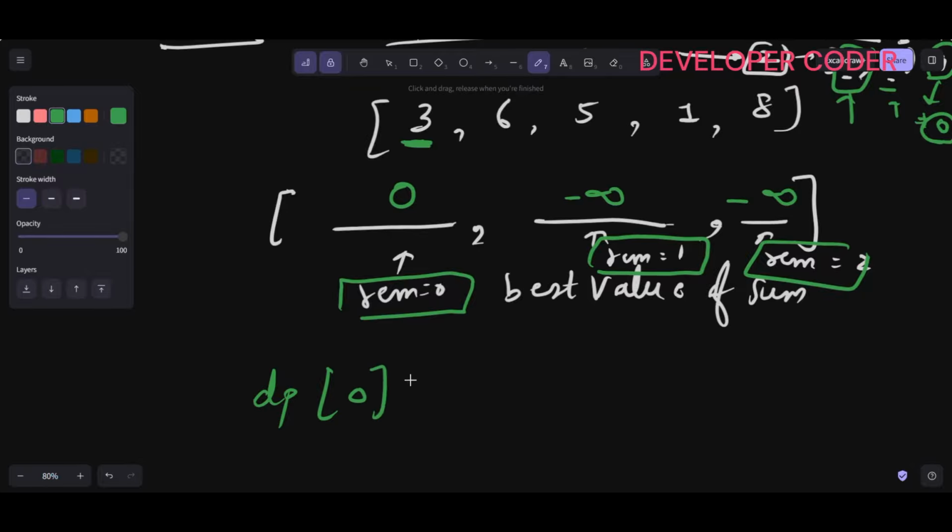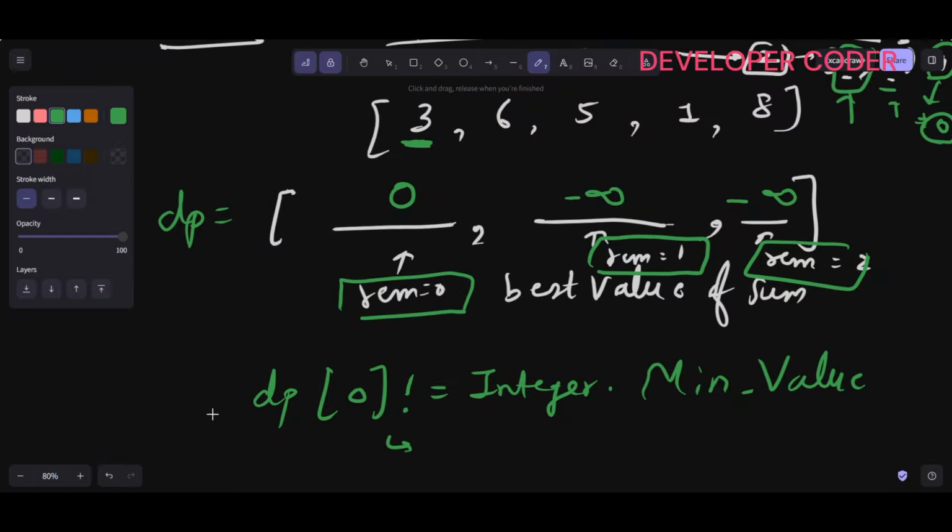Initially, this is my dp of 0, and it is not equal to Integer.MIN_VALUE. For this one, the code is going to be very small. So here I'm saying if dp of 0 is not equal to this, then